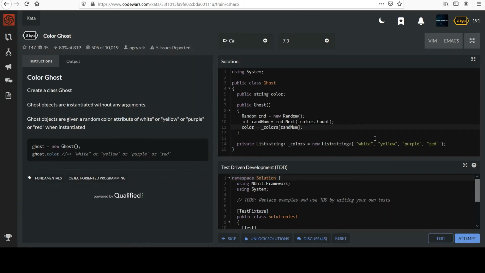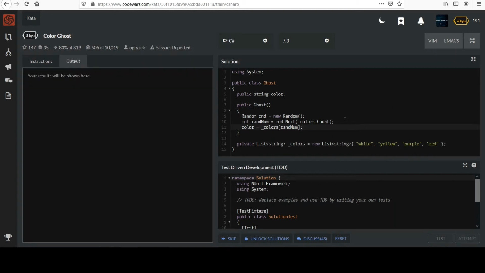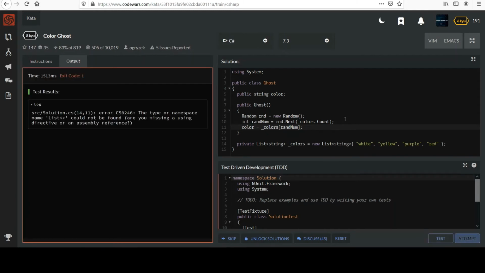I'm going to go ahead and try this. Let's see what we get. Oh, I know one problem. Okay, so what do you got to do to get this list data collection in? Remember the library we need for that? That would be using